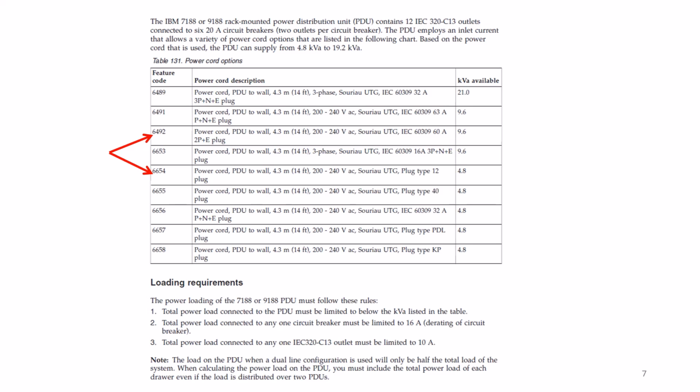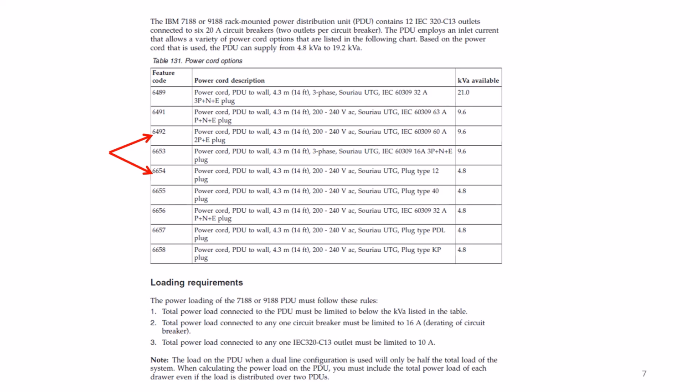This slide is just showing you for the 7188 or 9188 PDU and the various line cords what the maximum kVA is that you can draw from them. And that's what you should use for planning. It also gives you the details, for instance, of what the power load can be for each circuit breaker, because typically on these particular ones, I think it's one circuit breaker per 2 outlets. And any individual outlet is limited to 10 amps. So these are the things that you should be reading up on when you go to plan how you're going